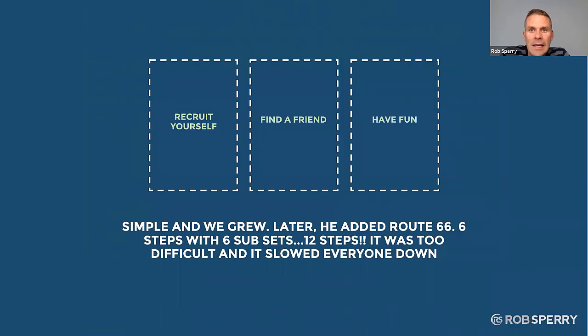And he said, number 3 is have fun. Having fun is making money. Having fun is helping other people make money because that money can create time freedom for you, which gives you the time to be able to chase your dreams and your passion. So he kept it really simple.